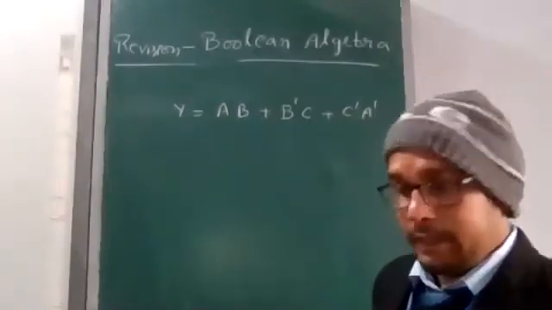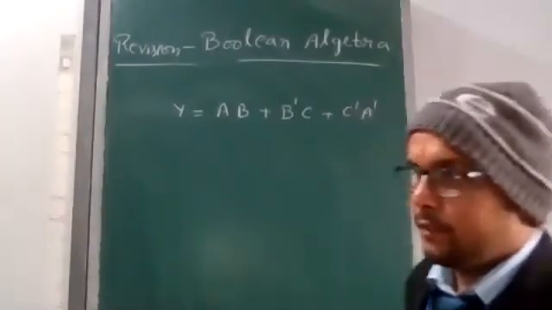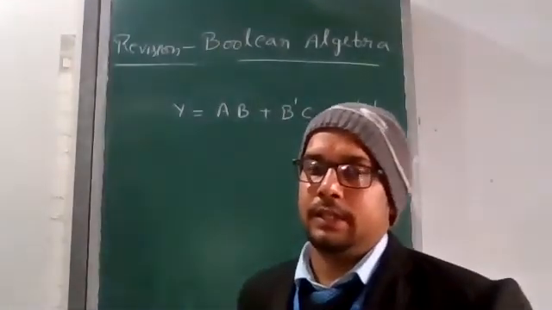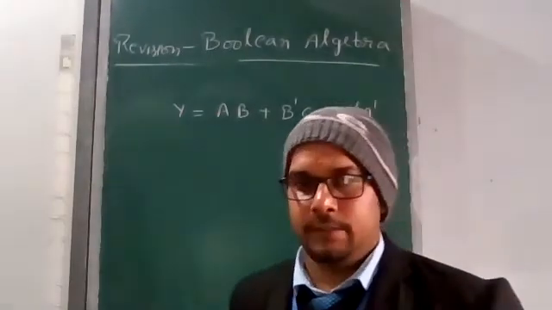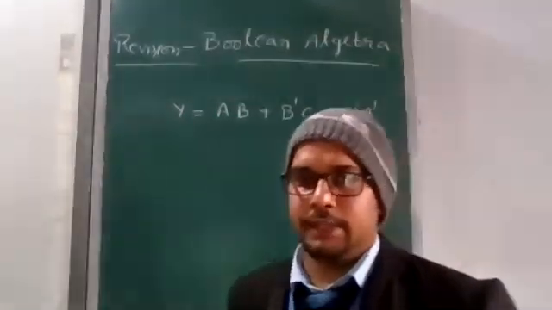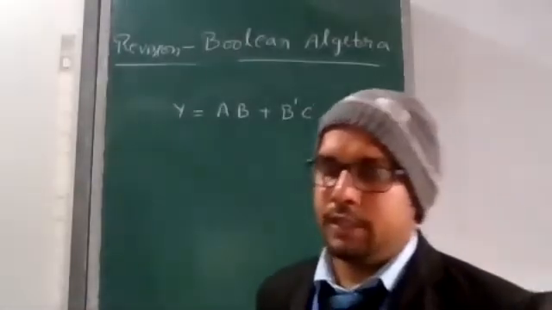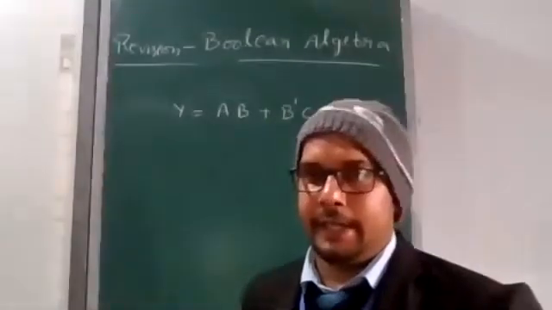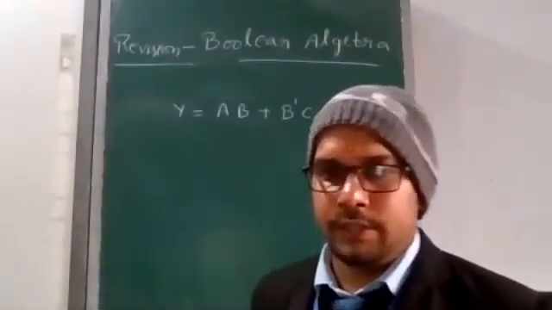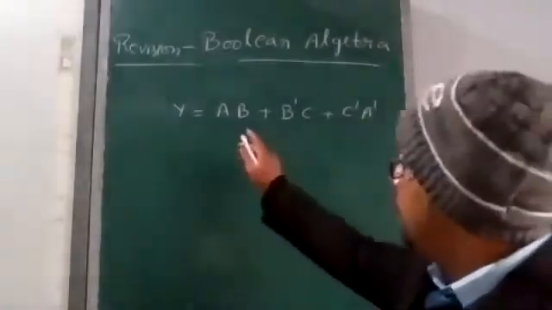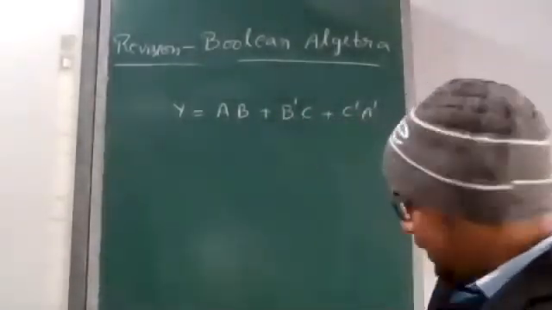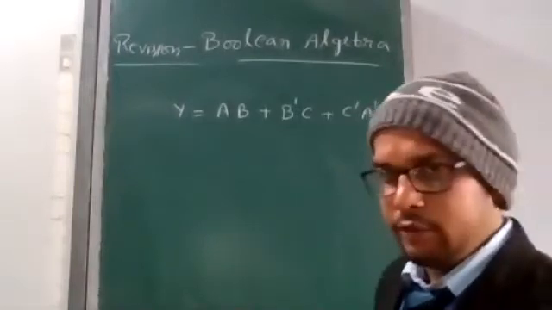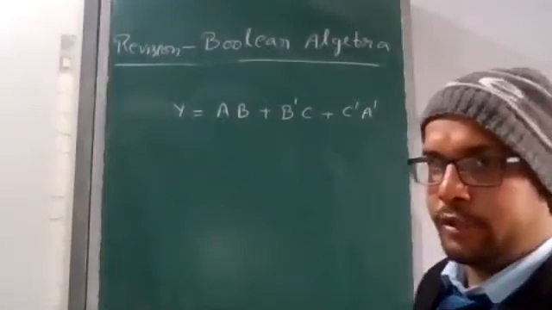In Boolean algebra, 2 gates we have, that is NAND and NOR. These are called universal gates. If question comes like name the universal gates which are available in Boolean algebra, so here NAND and second one is NOR. So NAND and NOR, these two are the universal gates. So how we will make this circuit diagram with the help of basic gates? Basic gates means like AND, OR, NOT.